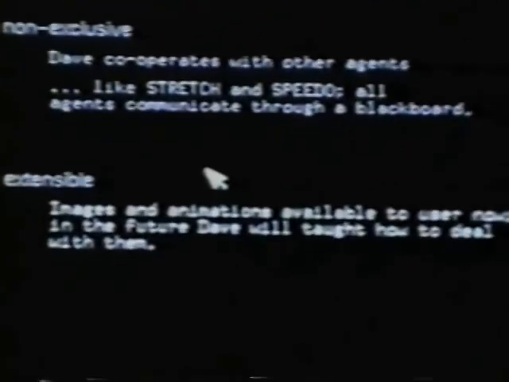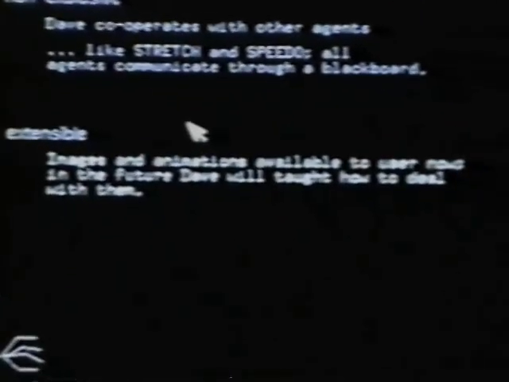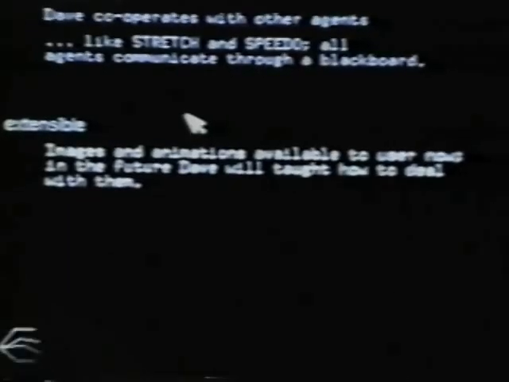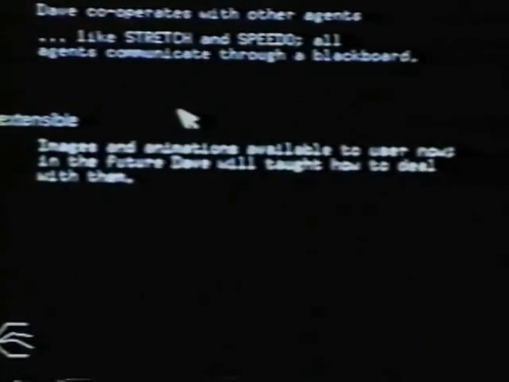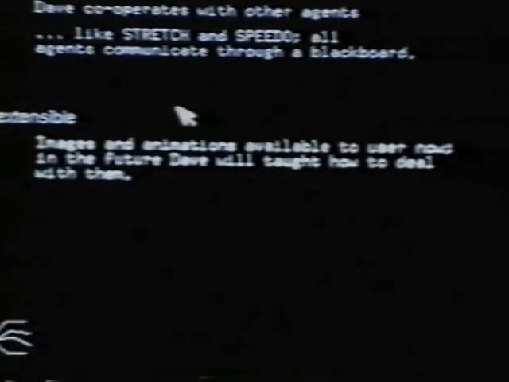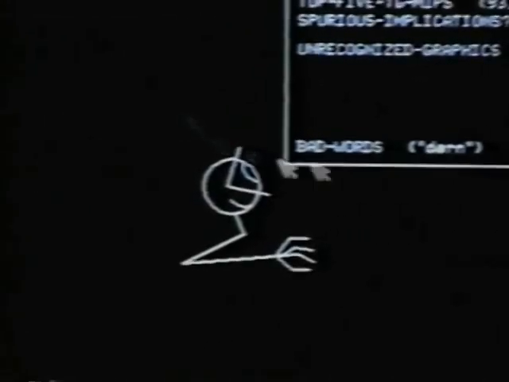Okay, so finally, the last feature I want to talk about in terms of visual agents is that they're extensible. That is, there are certain things which may be available to the user that Dave doesn't know how to deal with, but that's okay. This sort of relates to the permissive feature that I described earlier. But for instance, if we wanted to, say, have digitized photographs, PHOLUPs,